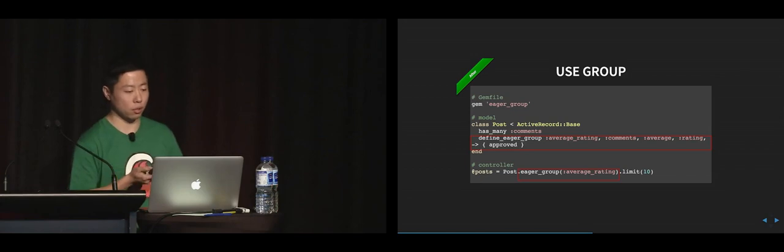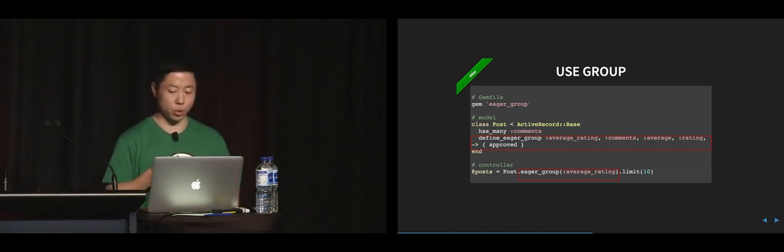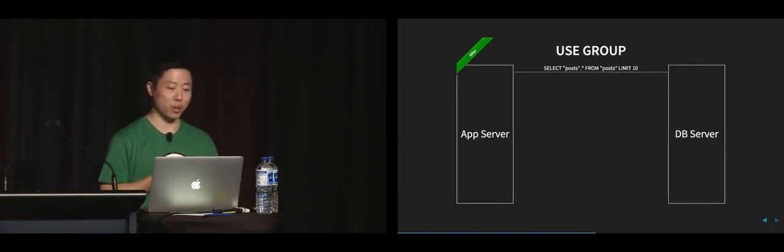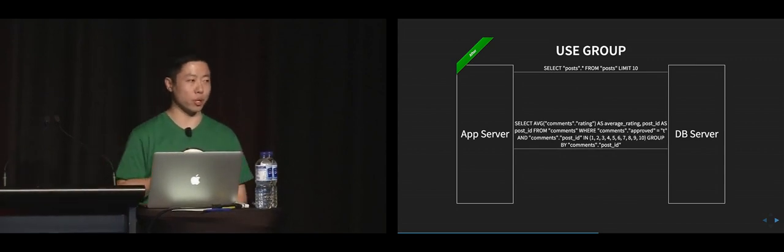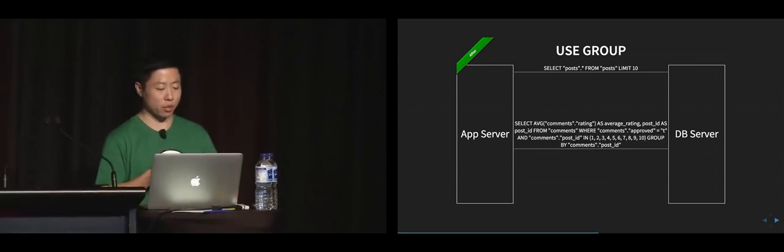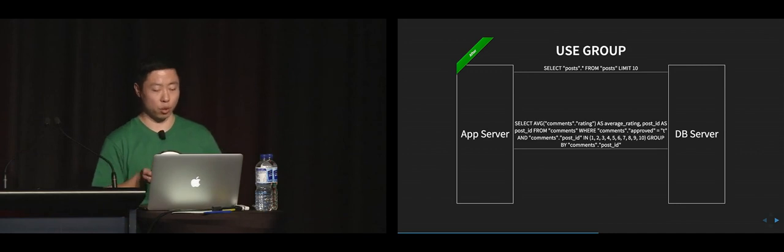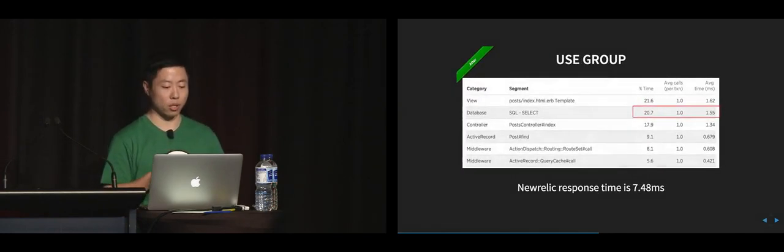I use a gem called eager_group, which helps to define a group operation for eager loading, and it works very similar to the includes method. So it will eager load the aggregation data. So you will see it only sends one SQL query to the database. It will calculate the average comments rating for all the 10 posts where the comments are already approved. So in New Relic, you will see the SQL select is only called once, and